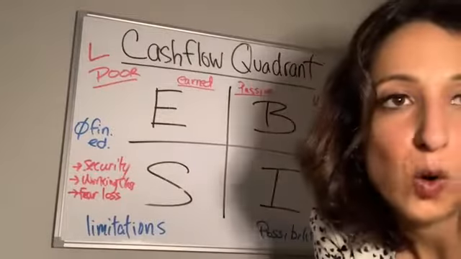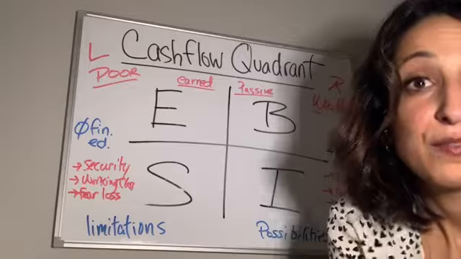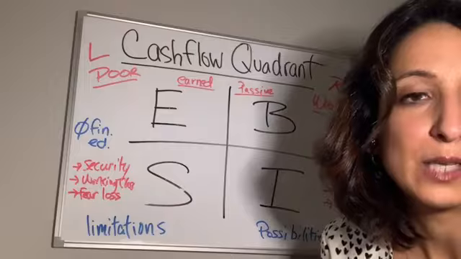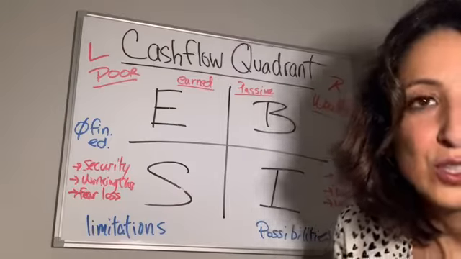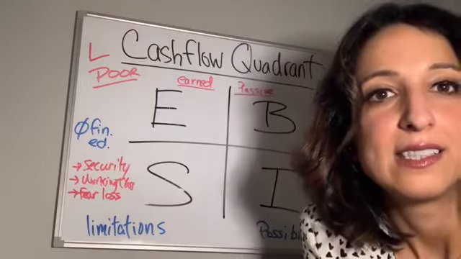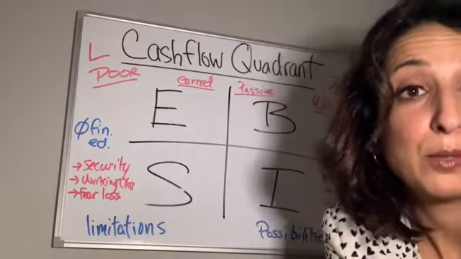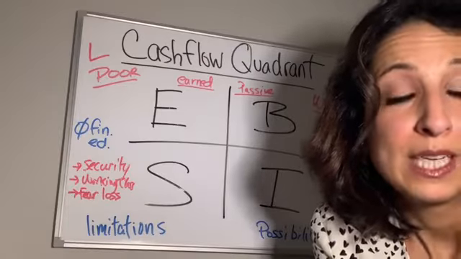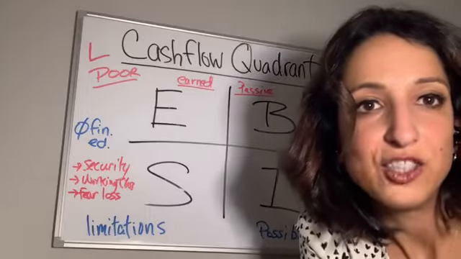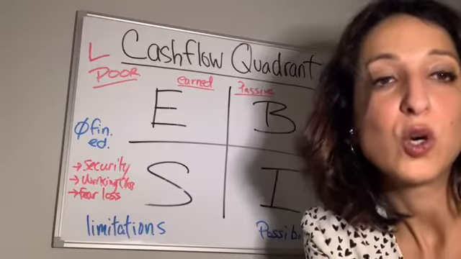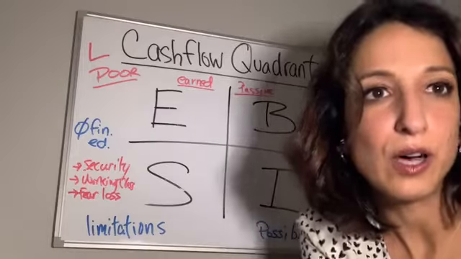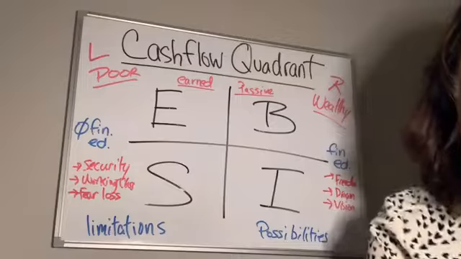If you look at the right side of the quadrant, people fear getting a job. Because what does getting a job mean? It means that you no longer have time, and wealth is defined by time. So the people over here are looking at ways that they don't have to get a job, that they can put people or a system to work for them. Yeah, they're going to work really hard for a certain period of time, but the goal is that eventually the people or the systems are going to generate the income for them, so they don't have to do the work. They don't have to do the legwork all the time. So that's the main difference between the two.